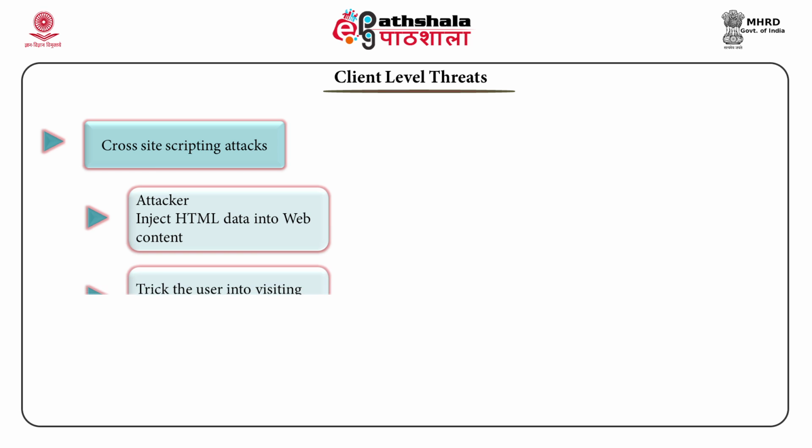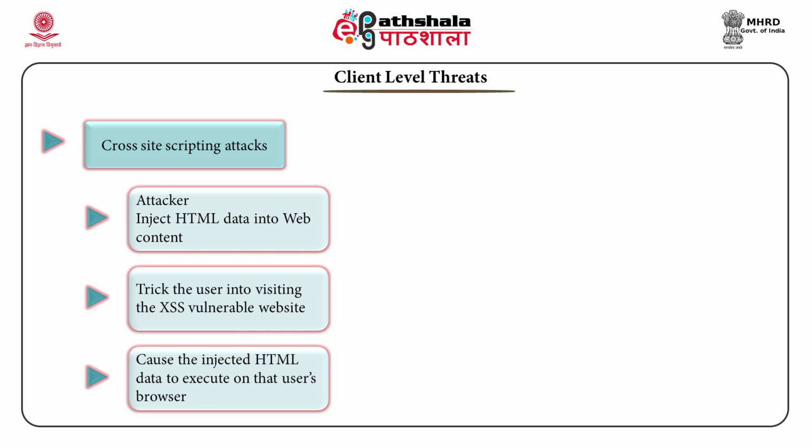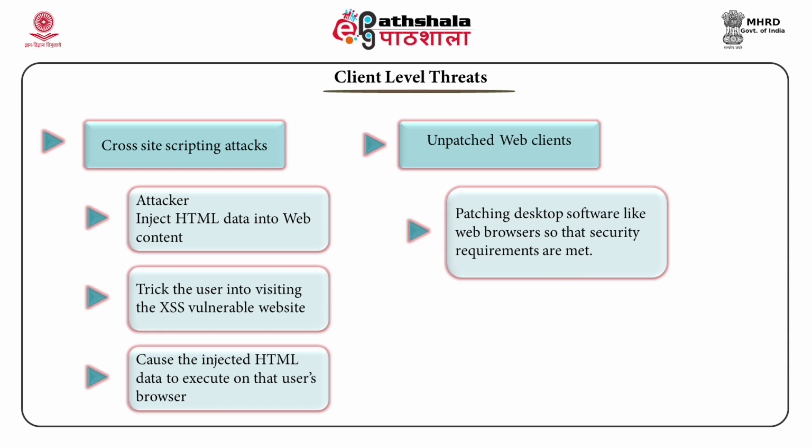The attacker is trying to trick the user into visiting the XSS vulnerable site. Now this injected HTML data executes on the user's browser and again invokes an unexpected behavior. The second client level threat, as we talked, is unpatched web client, patching desktop software like web browsers so that